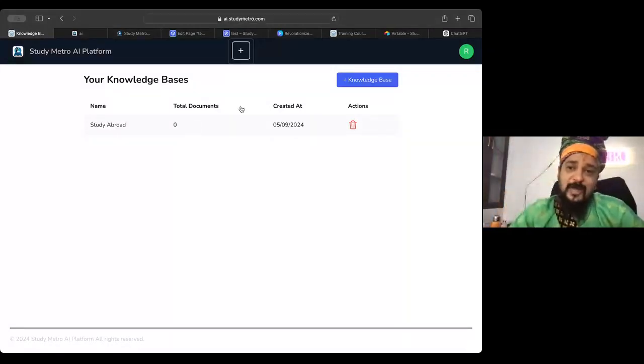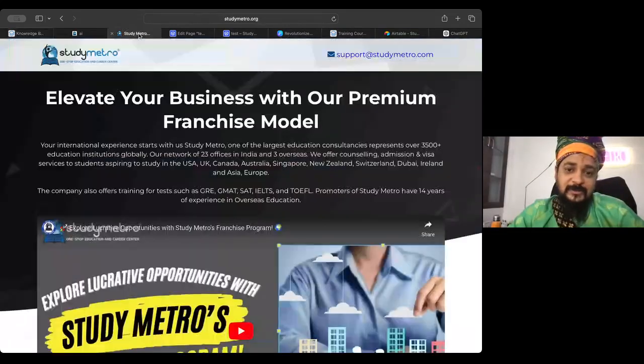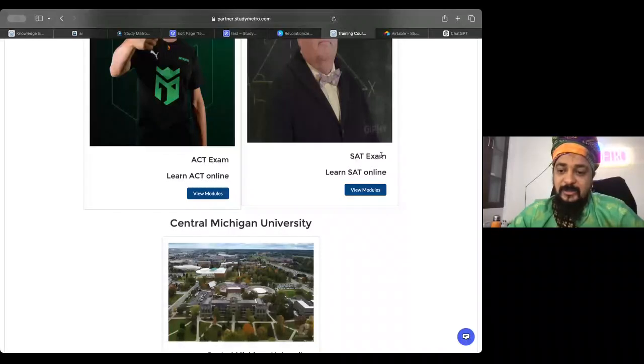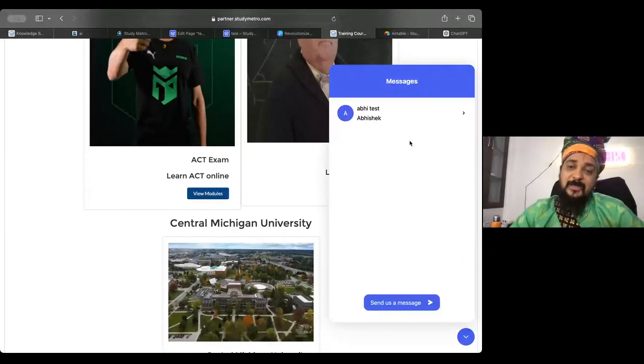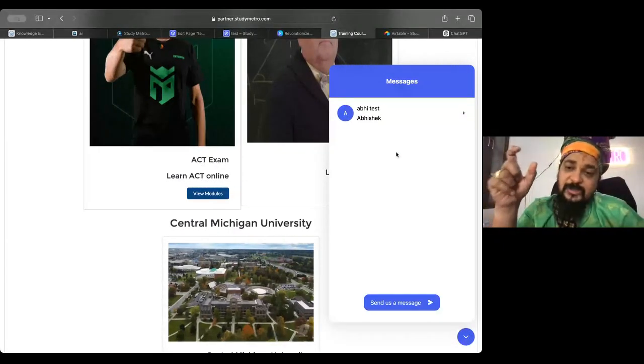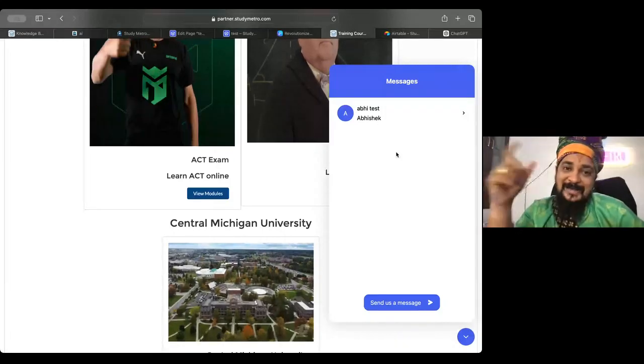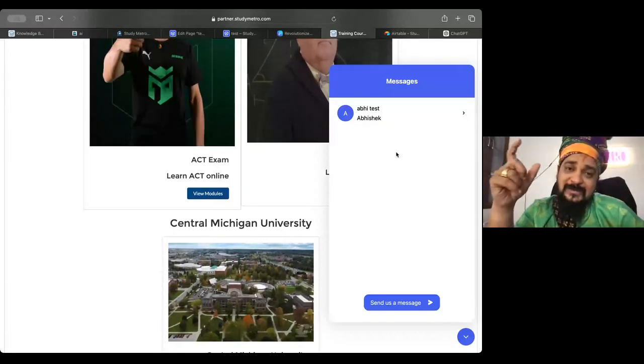Now if you want to try, we already put it in our partner portal, which you can see, in the training course. Here is the chat box. In this partner portal, we already configured the Study Metro knowledge base. So if you come to the partner portal, you can ask anything, and it will give you the answers regarding